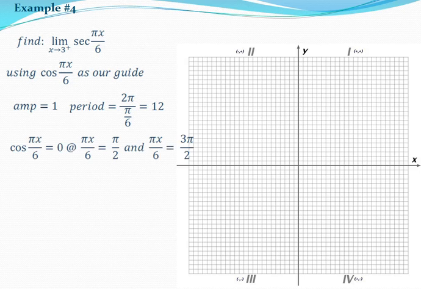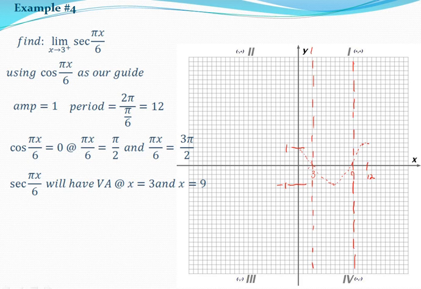I set my cosine equal to 0 so that I can identify where the secant is going to have asymptotes. And I discover that they're going to occur at x equals 3 and x equals 9. So let's graph it. Using my graph of cosine as a ghost, I know that secant is going to share the max and min values at 1 and -1. So I join at those points,